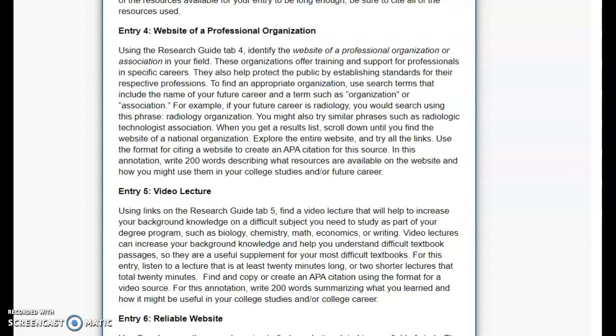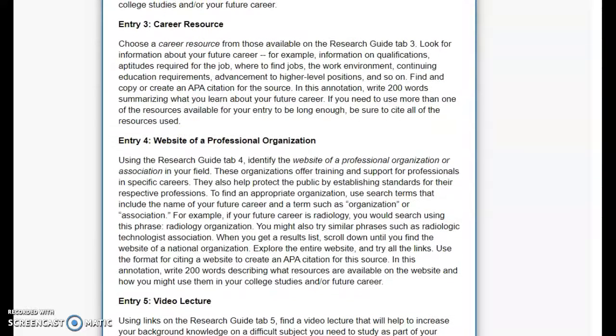And you can get newsletters and publications from the organization. You can also get lots of current research, as well as contacting other members of the organization. And we will use the research guide again to help us find a professional organization, and you'll be finding one for your career field. Remember the research guide, if I scroll up here